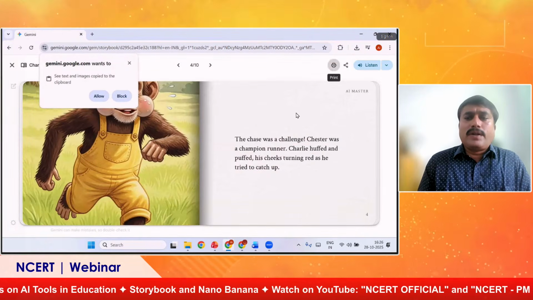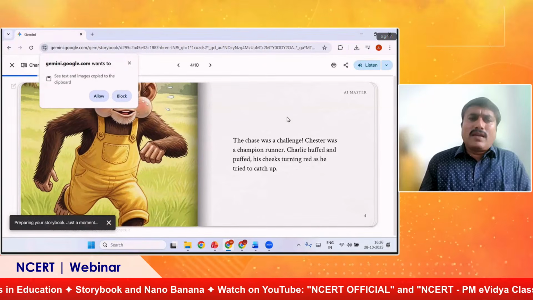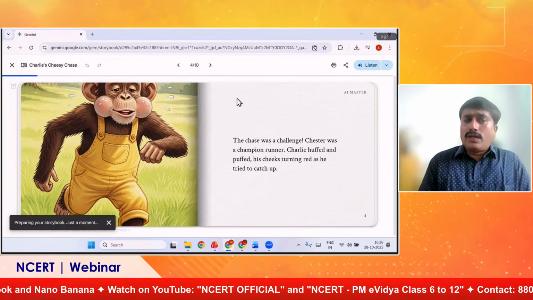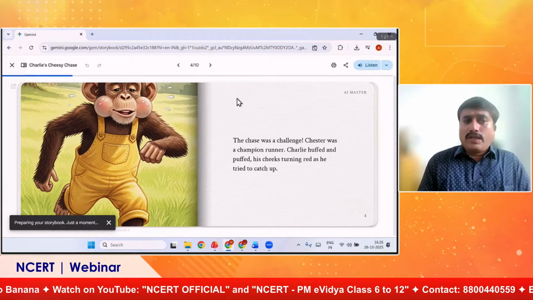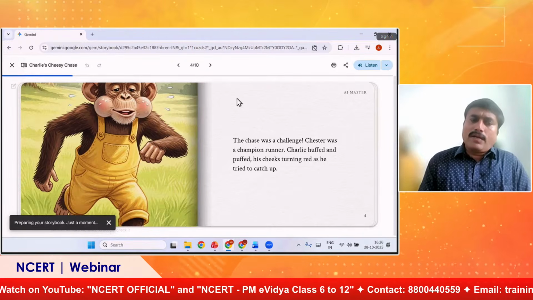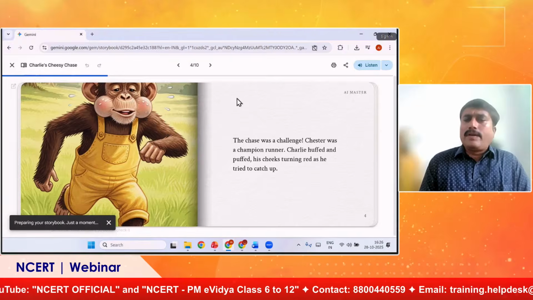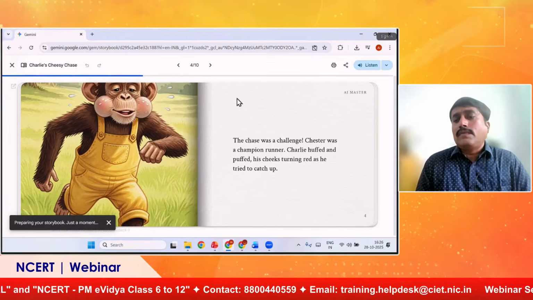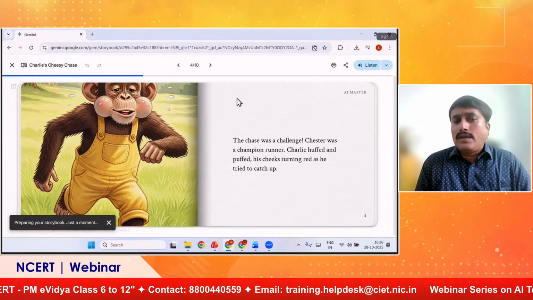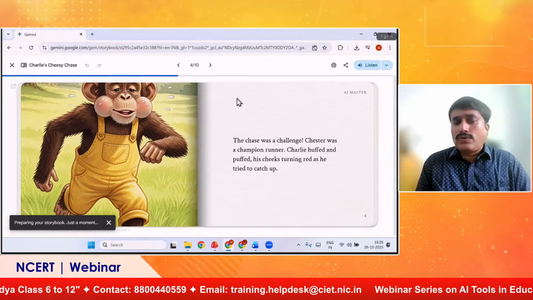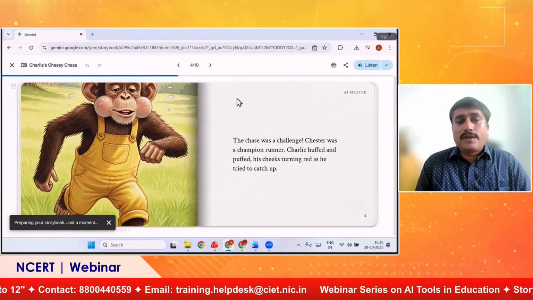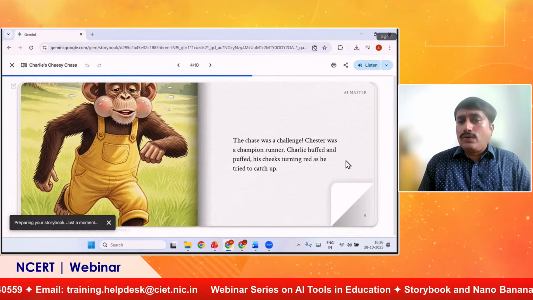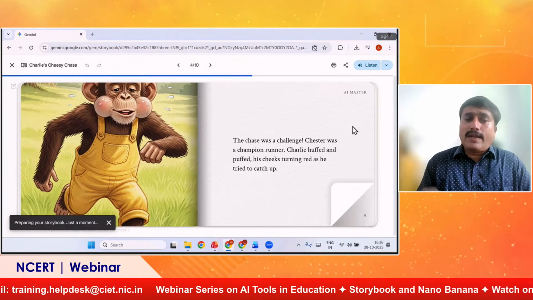If you go to this print option, then you can save it as a PDF also, and make a library of your own books, your own phonic sound books. This is one example, but you can make an e-library by using this tool. So it is very engaging. At the same time, it will give the students ample practice about a particular language, particular content, whichever you have, and it is very easy to use, and you can use it for various conditions.